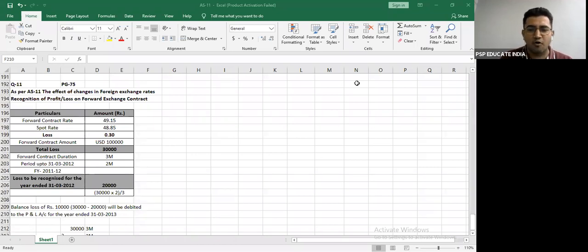Right, I hope you all are clear with this. If yes, please take it down properly. Take this solution properly. If you have any doubts, please ask me. Don't simply copy. Ask me and I'll explain to you the entire concept once again. But please do not copy. Take it down properly. Once you're done, please put on the chat box that you're done. And then we proceed to the next part.